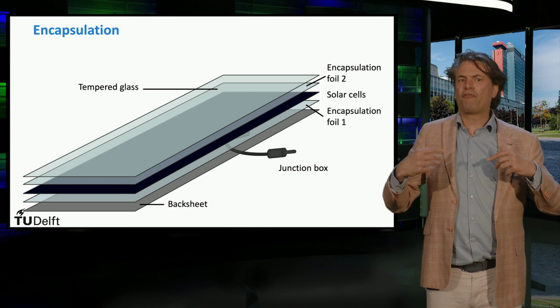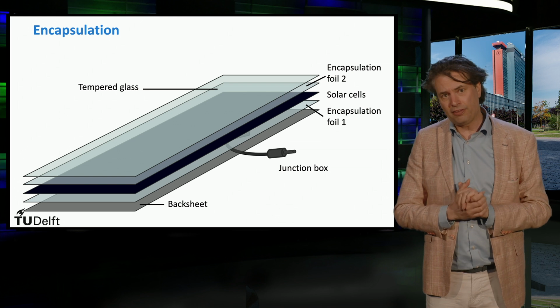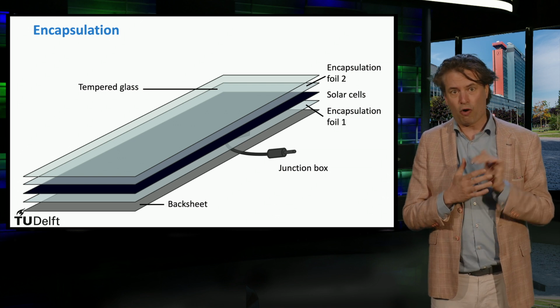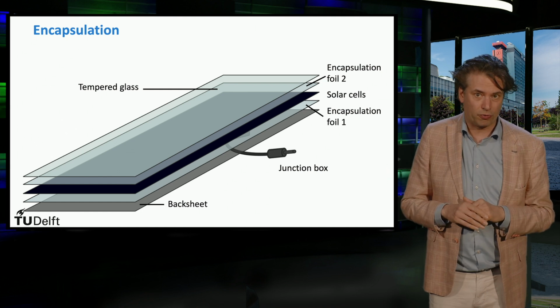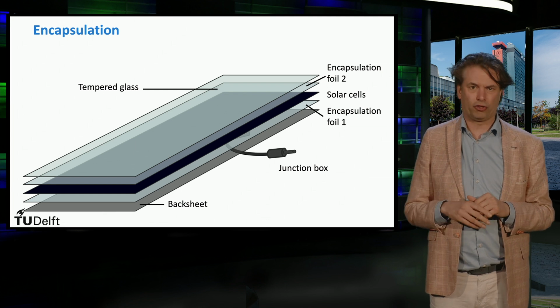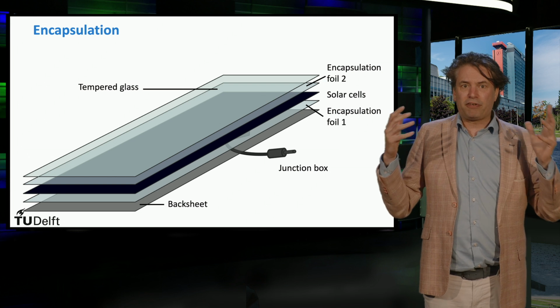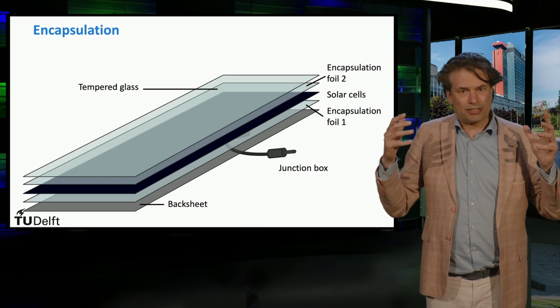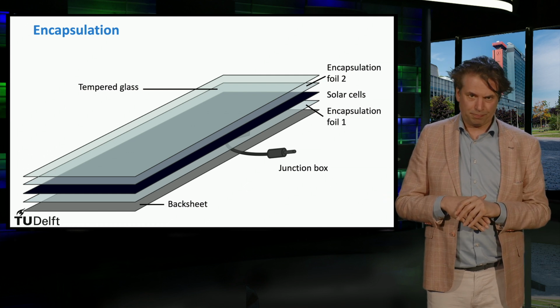Tempered glass also provides excellent transmissivity in the spectral range the solar cells operate in, as well as a low refraction in this spectral range, often realized with an additional anti-reflection coating on the glass surface. It is highly transparent, impervious to water and gases, and has good self-cleaning properties. That is the tempered glass.